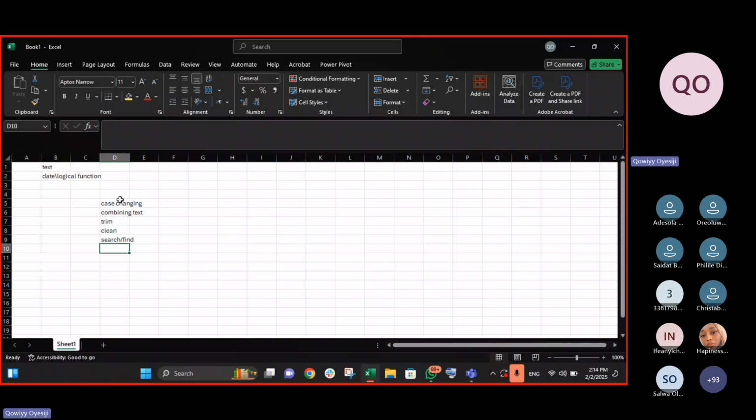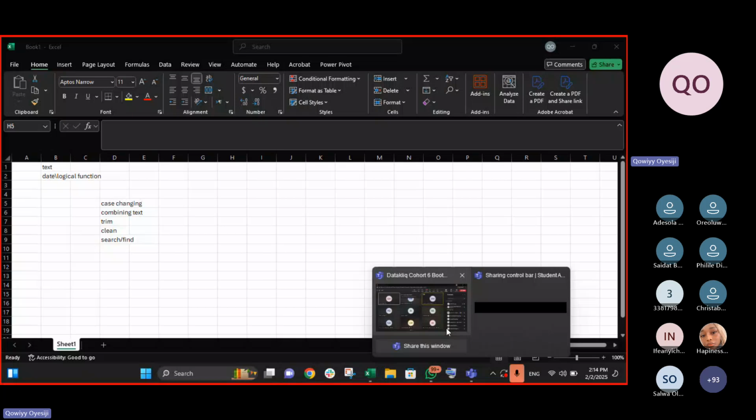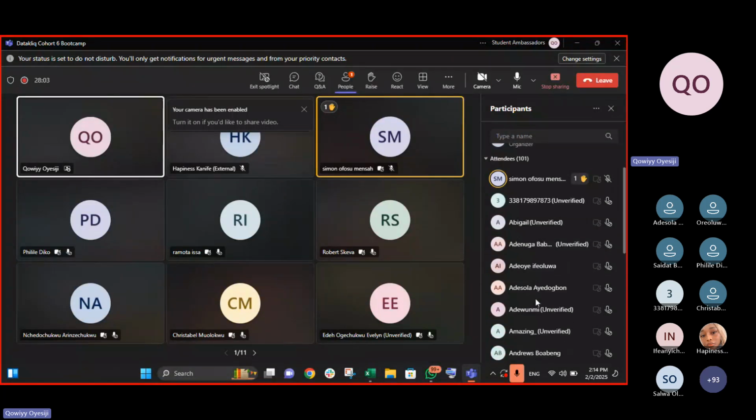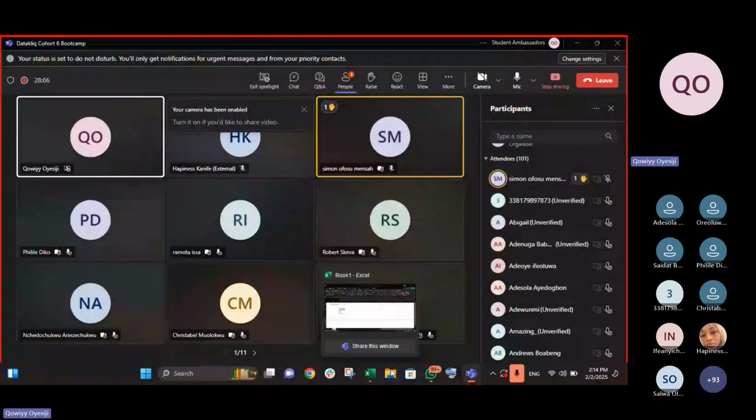So let's get started. Let me get some names here, probably five people's names. I have Adenuga, Babatunde, Adeoye, Ifeoluwa.